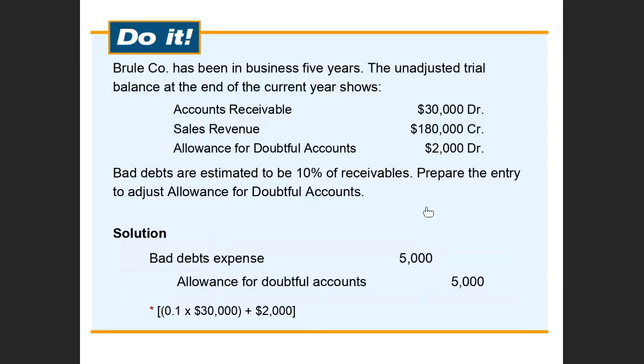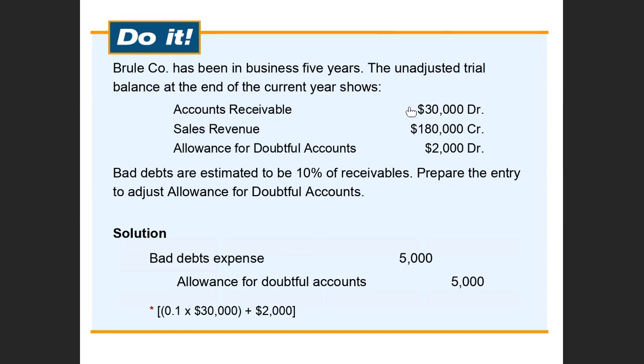Okay, so here is another example. It says this company has been in business for 5 years, so we have accounts receivable, debit for 30,000, sales revenue credit for 180,000. These are the balances. Allowance 2,000. The bad debts are estimated to be 10% of receivable. Prepare the entry. Now, forget all of this. You see this